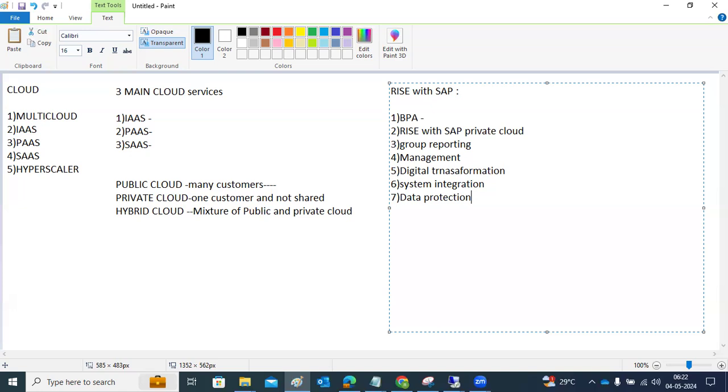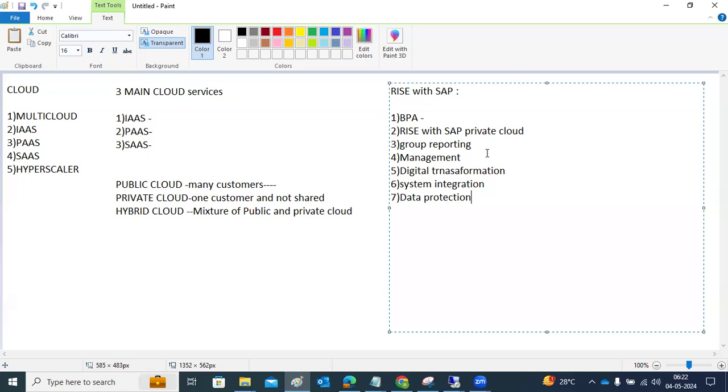So what are the components, what are the solutions included in the Rise with SAP here? S4HANA private cloud, as I mentioned, hosting options, business networking related services, consumption credit, BPA, business process automations. There are many things that come under it. Mainly S4HANA private cloud edition.